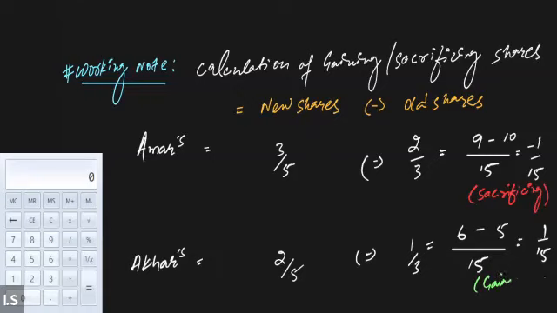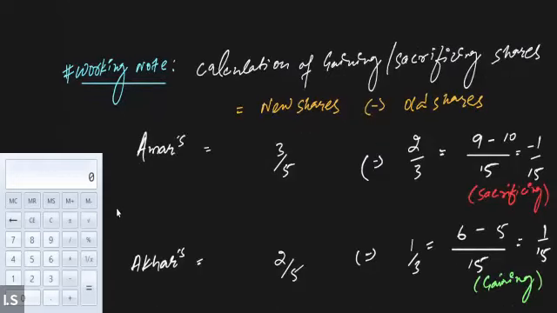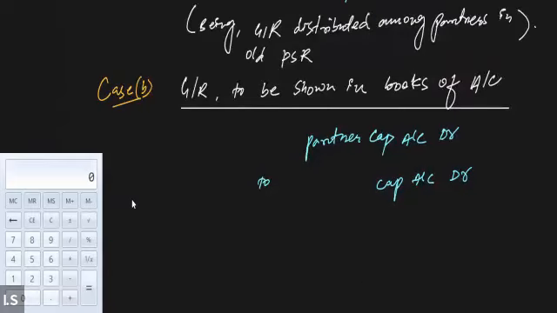Right? Is the calculation clear to all of you? Gaining and sacrificing share. Yes, sir. Now, since we know the sacrificing share is minus 1/15 and Akhar's share is 1/15 gaining, we can now pass the general entry. Because we are now sure who is gaining and who is sacrificing, I'm going to write down: since Akhar is gaining and Amar is sacrificing,